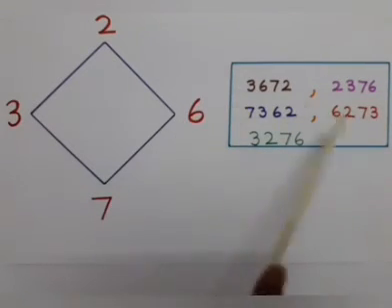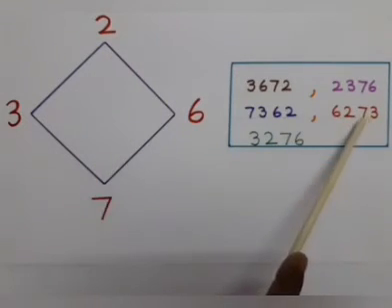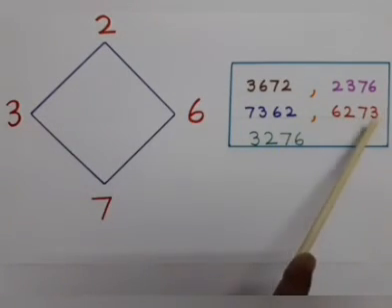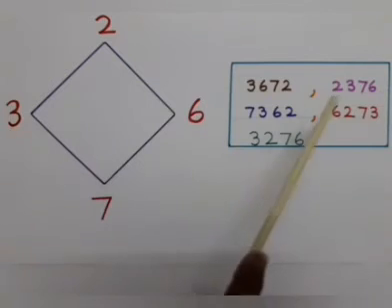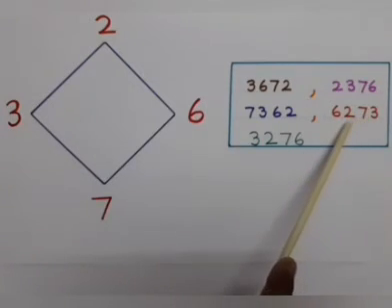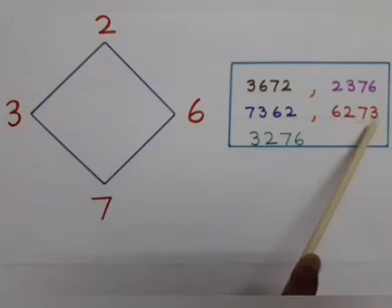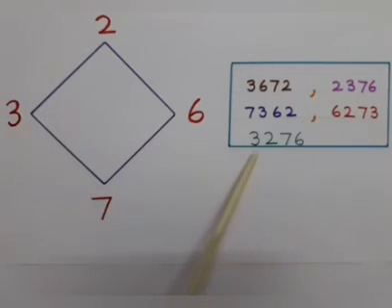Number 6, number 2, number 7 and number 3. So 6,273. Now our last 4-digit number. Number 3, number 2, number 7 and number 6. So